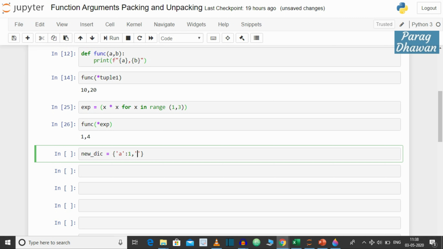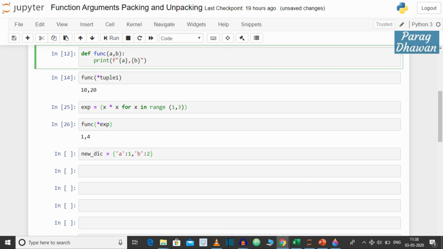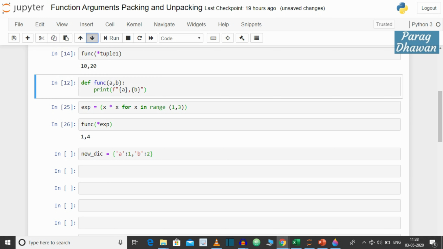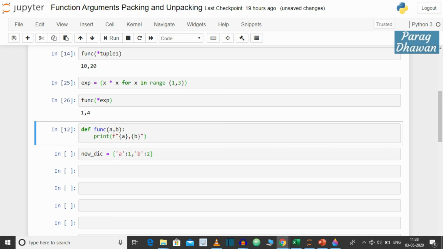For key B, colon, value 2. I have restricted the elements of the dictionary to 2 because I will pass this dictionary to the function func via argument unpacking. Click on the cell, press the escape button and then click on the down arrow key so that you have the function in view with the dictionary which is created.